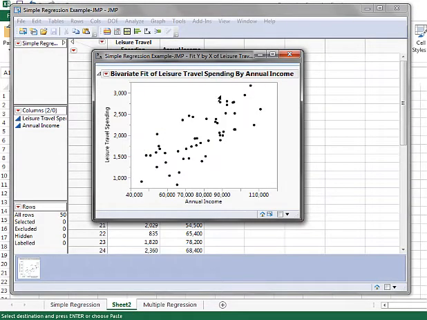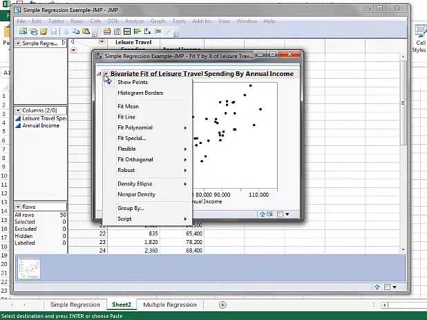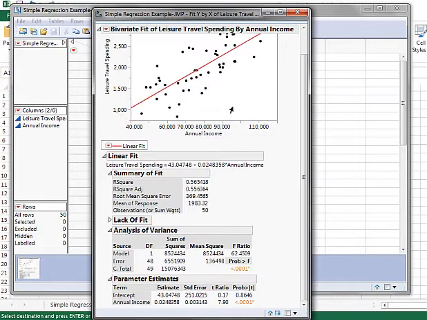We get the scatter plot for income and spending. From the drop-down, fit line. This is our regression line and we have details down here. In Summary of Fit, see R square is about 56%, that means 56% of the variations of spending are explained by